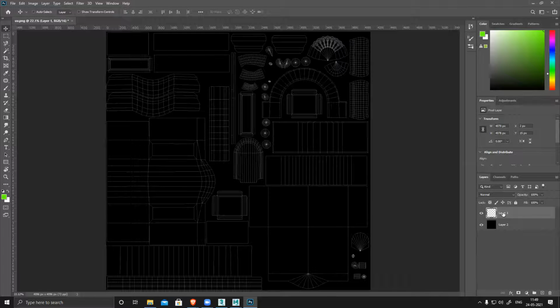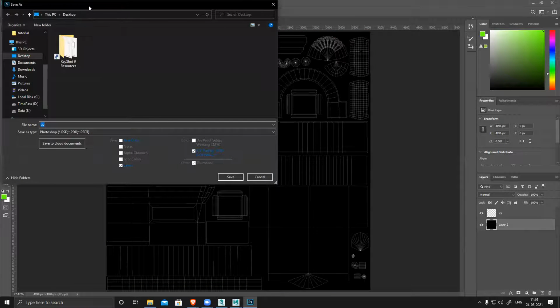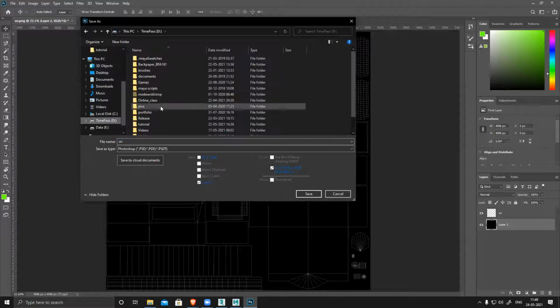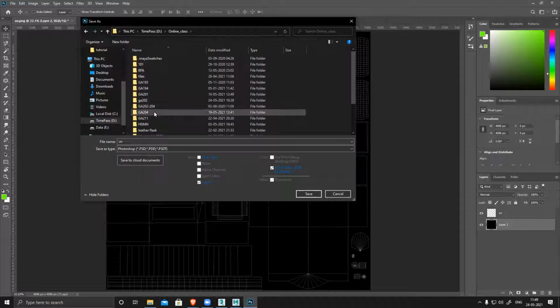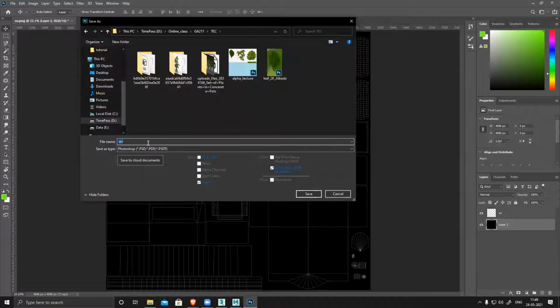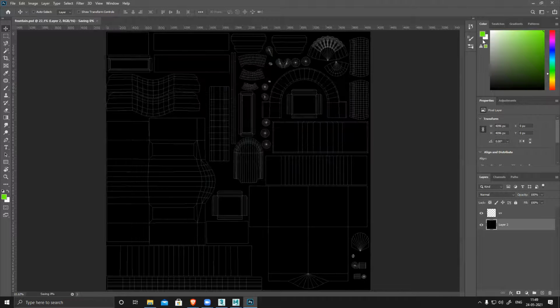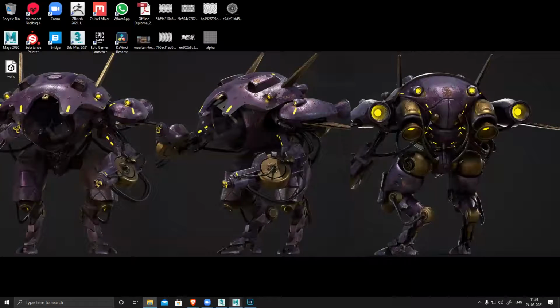A UV file, name it as UV. And I'll replace this with a base and we'll start texturing. Let's save this. Just give me a second. That was alpha. This is my fountain texture. So I just saved it. So now we have to start texturing.